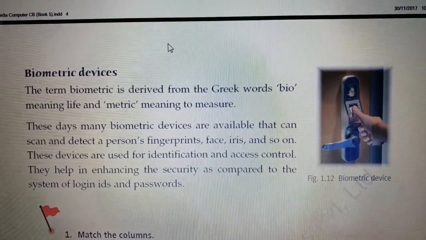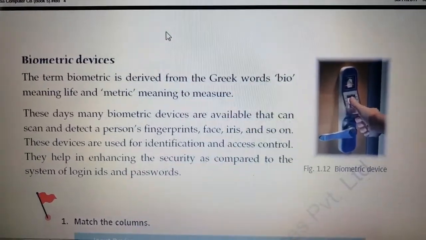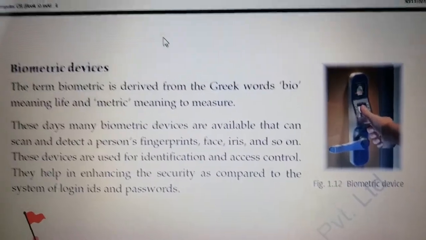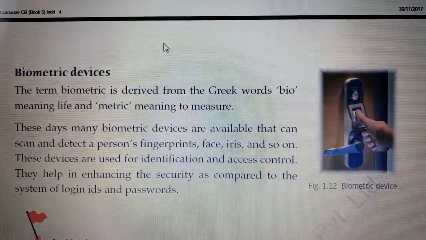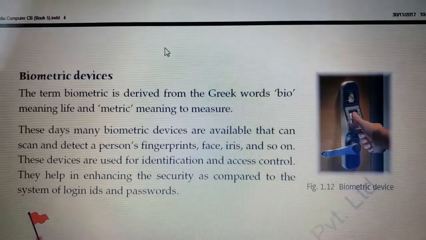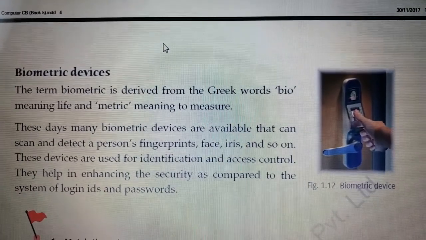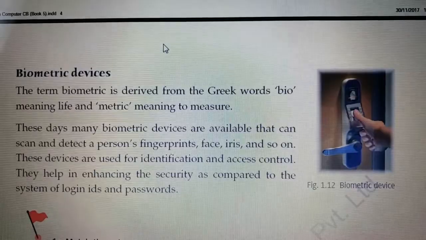So students, we have seen that all these devices are used for particular places and particular things. So we will discuss these input devices. You have to look into it properly, and after that I will ask you some questions. Stylus, a pen-like drawing device used on a graphic tablet.